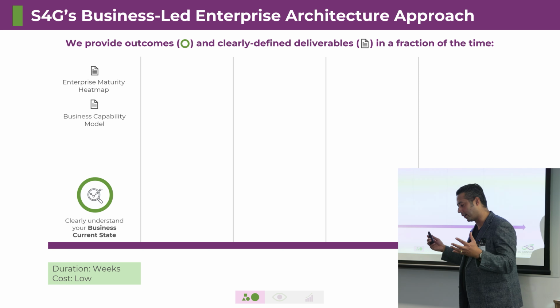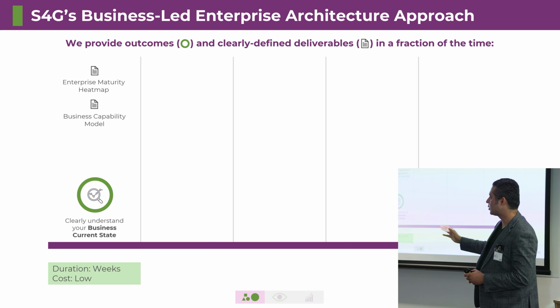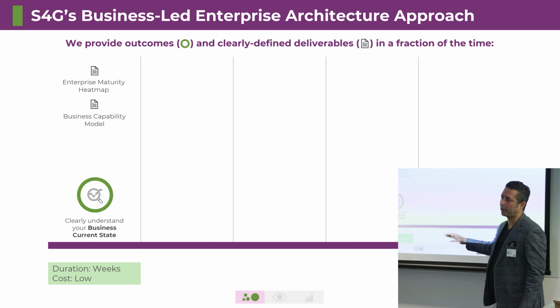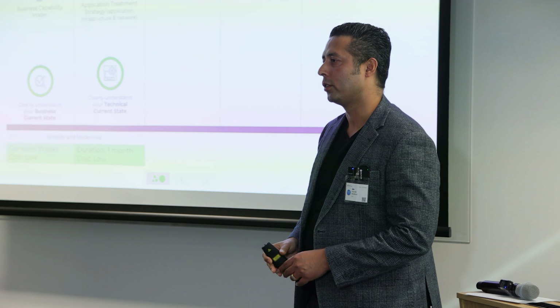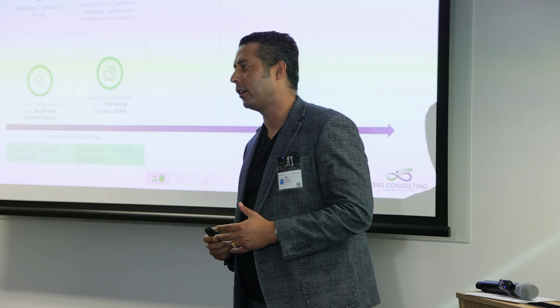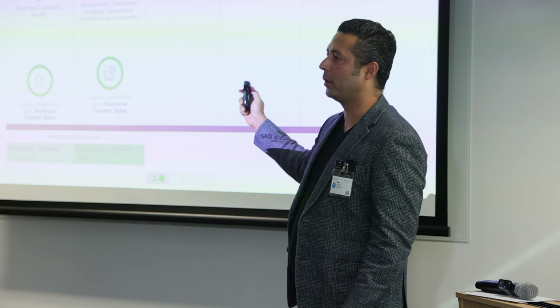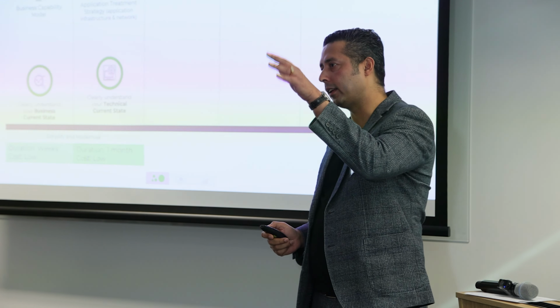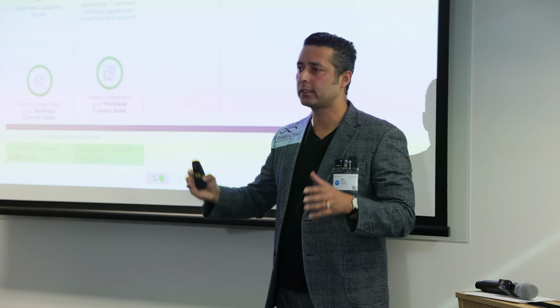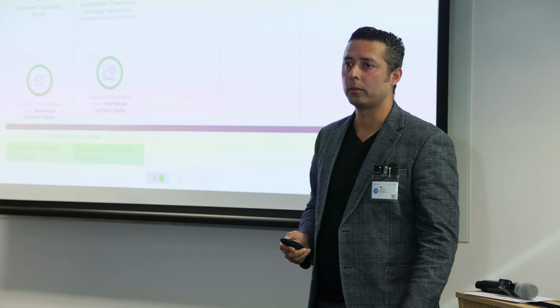And that's where our S4G methodology is born. The best way to approach an enterprise architecture is you first start with understanding your current state. There is a 30-point method, which I'm going to talk about, or we call it our 30-point backbone, that gives a business a very quick analysis of their maturity, of where they stand today, where their target state stands, and whether they have the plans to go to that point or not.